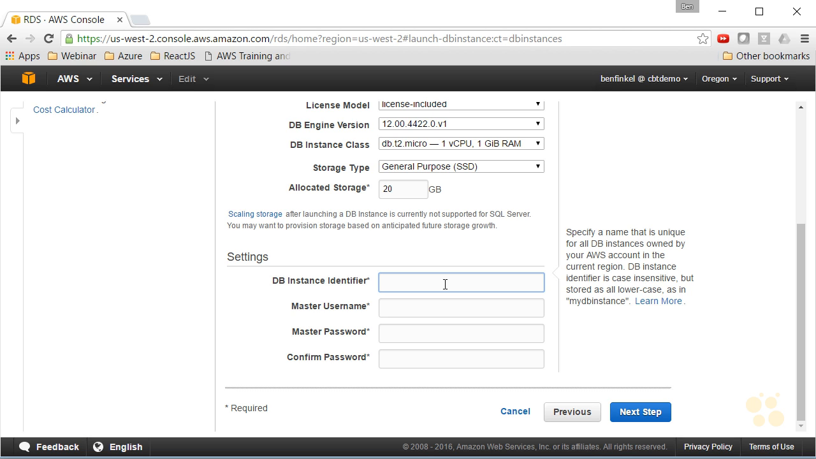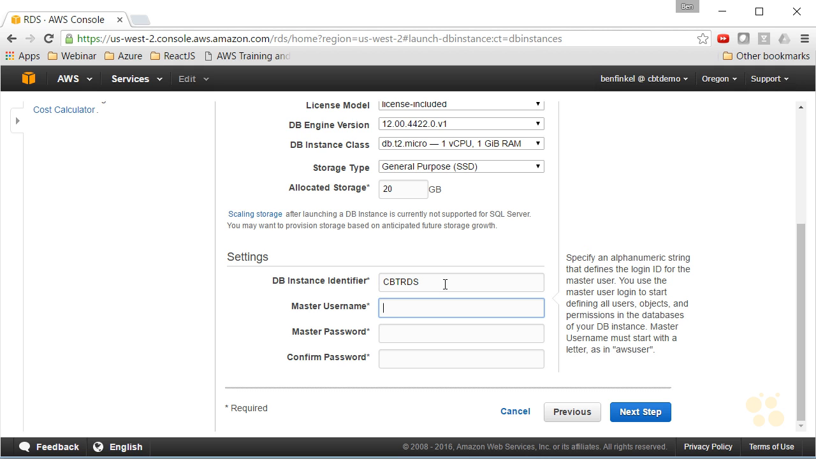So this is not globally unique, it's only account-wide unique. So we'll call this CBT RDS. A master username, similar to my root user on my AWS account. This is going to be a root user for the database, the administrator for the database. And we're going to want to create this, set this up once, but we'll only want to use it for